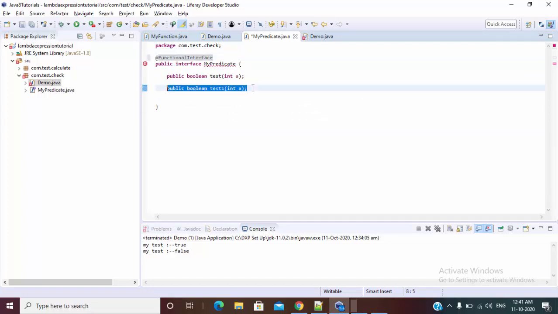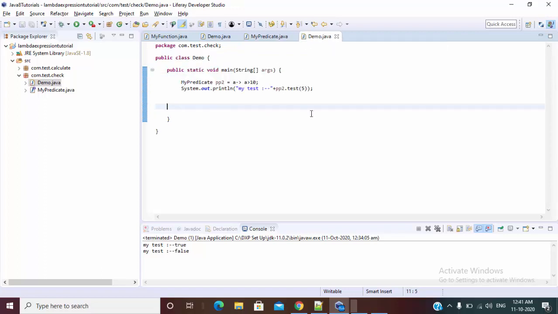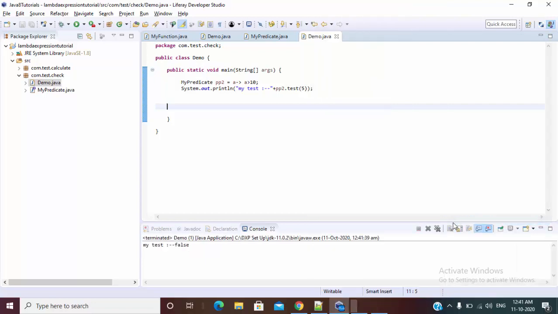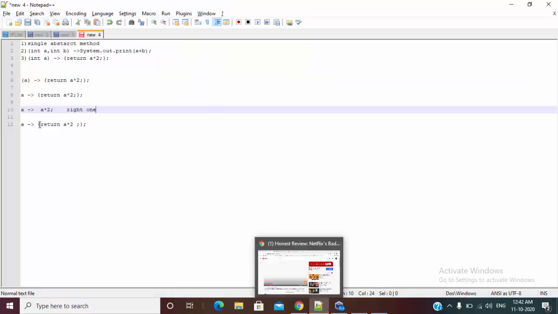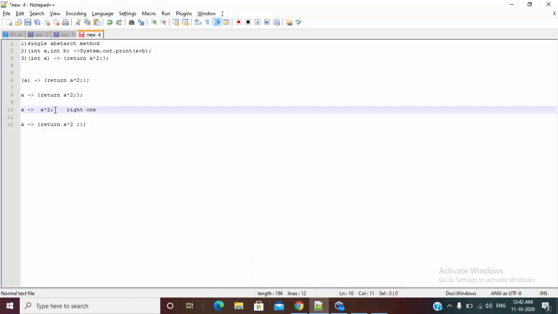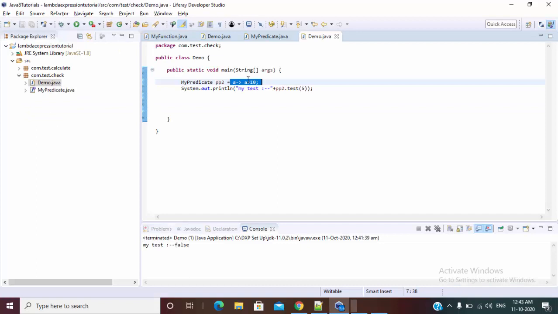Now you can simply remove this and everything is fine. So in this video we discussed 2 things. First, the difference between an anonymous inner class and a lambda expression, and second, how we can write a statement in a single line and how we can use the return scenario. If we want to use braces, then use the return, otherwise you can use this, which is the best approach. So that's it for now.